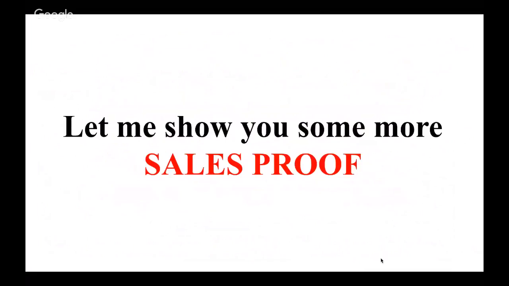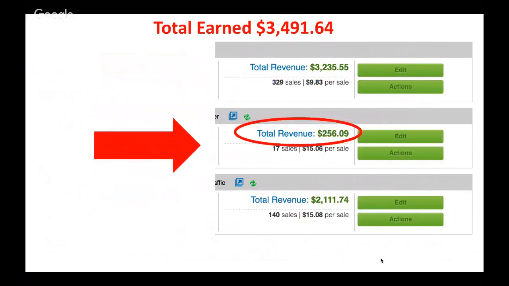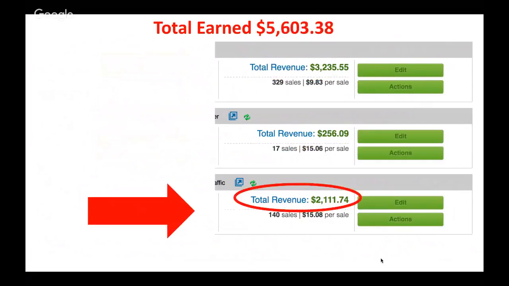Now, let me show you a little bit more sales proof. I've taken these previous earnings. As you can see, it starts off at $3,235 and a few cents. Next one, a very small sale, $256. Moving down, 2,100, and the triple ones there, taking total earnings up to just over $5,600. Moving on to the next screenshot,